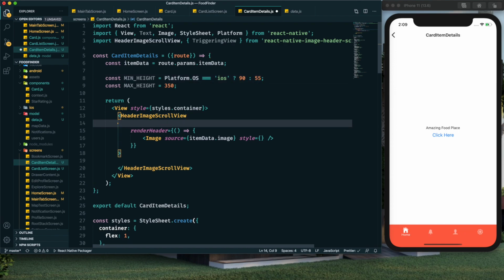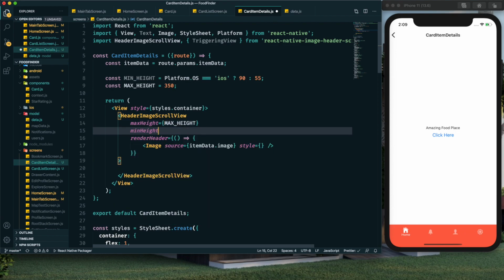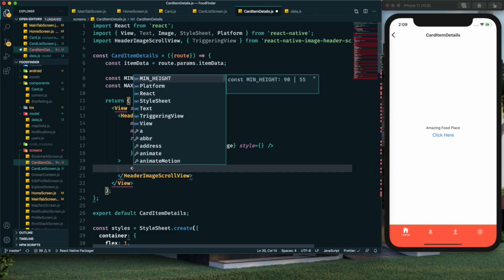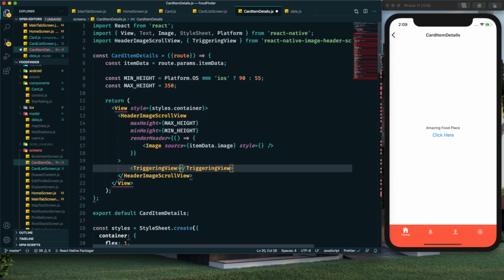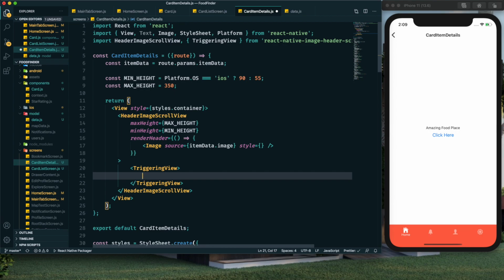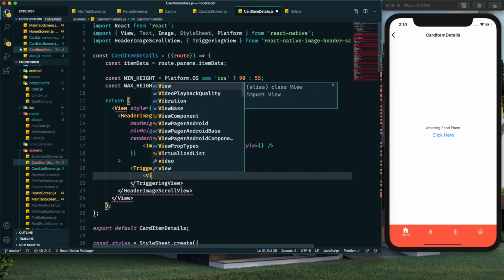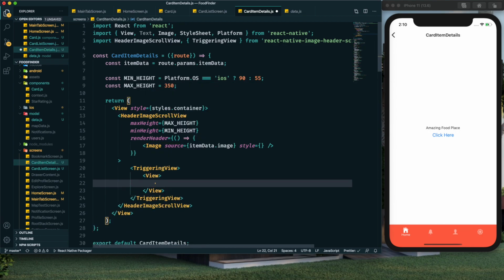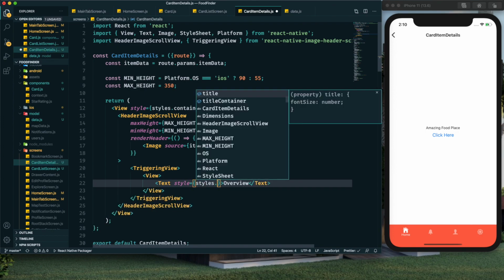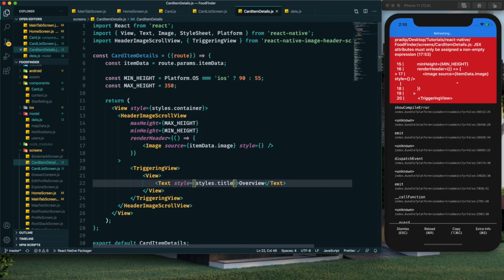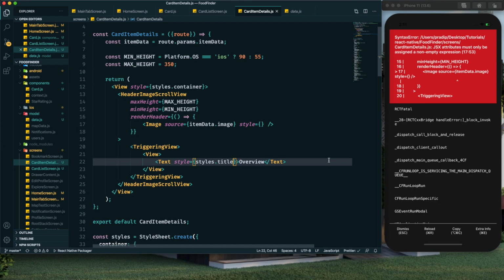Now here we can also provide this max height and min height, and after this we can provide this triggering view, and within this triggering view we can provide some elements. So here let me create a view, and within this view I will provide a text. For the style of this text I will provide styles.title.